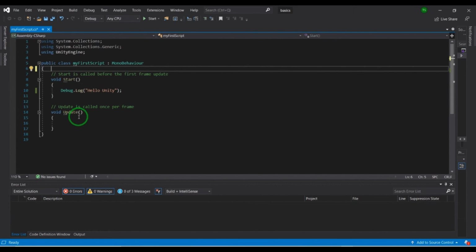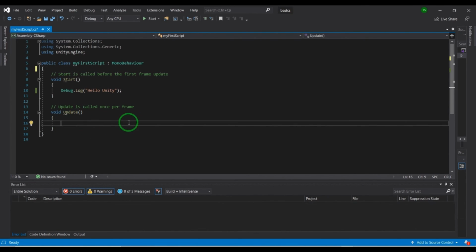Update, once Start has executed, will execute the code written in it every frame, once per frame. So let's say our game runs at 60 frames per second, then that means in 1 second Update will execute the code written in it 60 times.